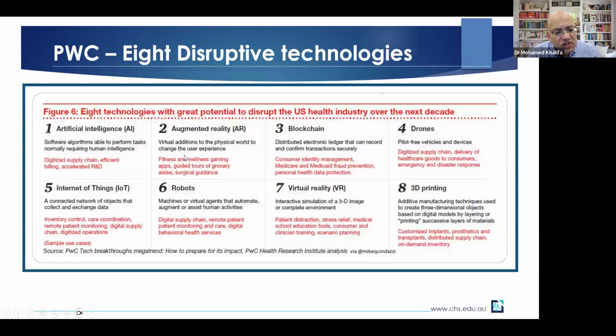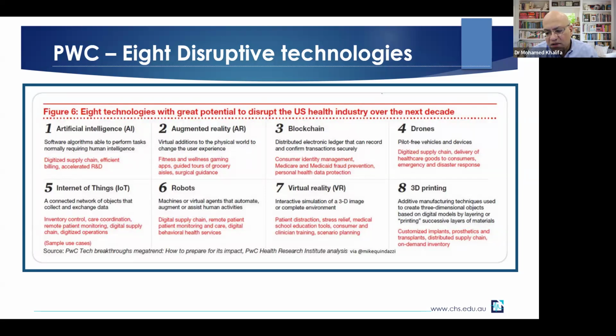Now we move to the next, which is the 8 disruptive technologies that we could have, changing the landscape of healthcare, changing the way we provide healthcare services, including artificial intelligence, definitely, augmented reality and virtual reality, which is going to change the way doctors and nurses train and the way we care for patients and so on. The blockchain for securing the interactions and transactions and information exchange, using drones, for example,